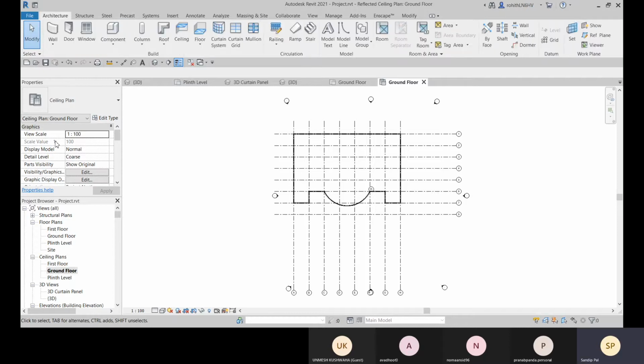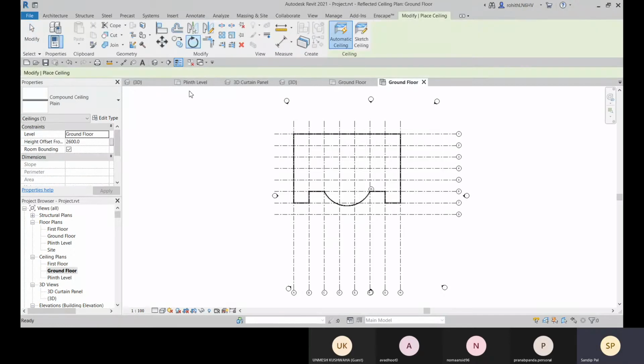Then go to this architecture tab. Here you have the ceiling. Okay. So this ceiling is always created at a specific height offset from that level. Here you can see from this level, it will be created on a height offset, so that you can define what the height offset will be. And you can also give the zero height offset. So that is possible, or don't have to worry about it.